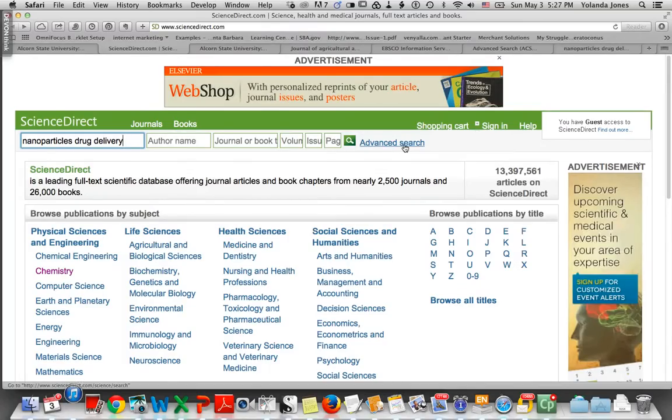A lot of science is interdisciplinary, which means that there are many different aspects of a topic that can be considered from many different perspectives. A lot of chemistry, biology, agriculture, and engineering disciplines overlap to a great extent. So if we do a search like this for our topic, it is going to pretty much search all of the